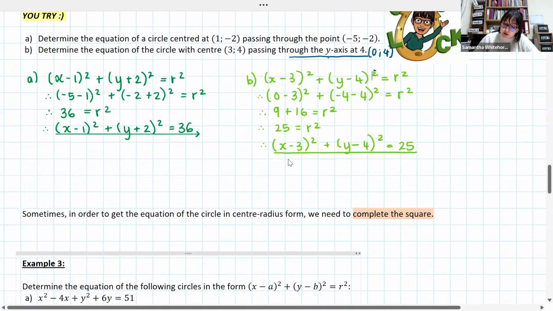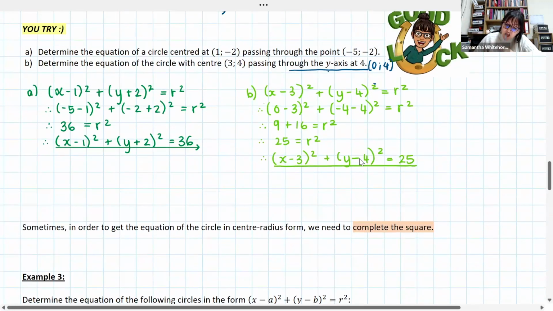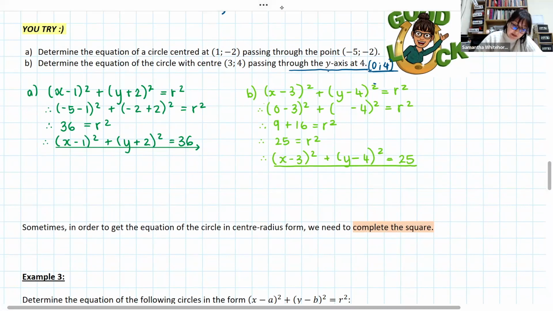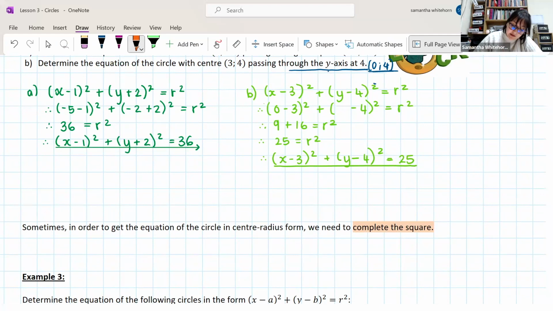Sorry, there's just a question from Bongi and Corsi. I'm going to read the question. Ma'am, why is the y, so the 4, negative when I substitute it? It should not be. It should be positive 4. So let's correct this, positive 4,